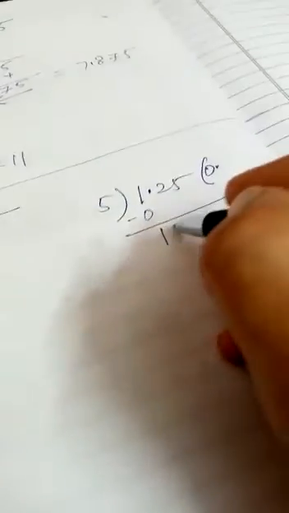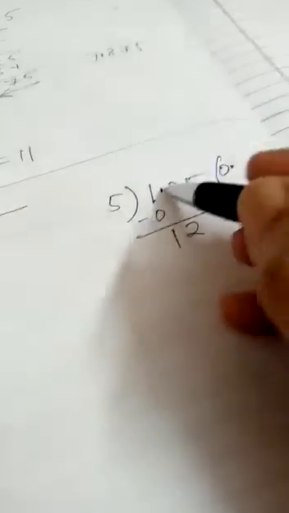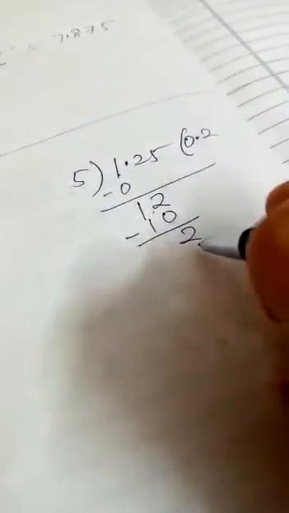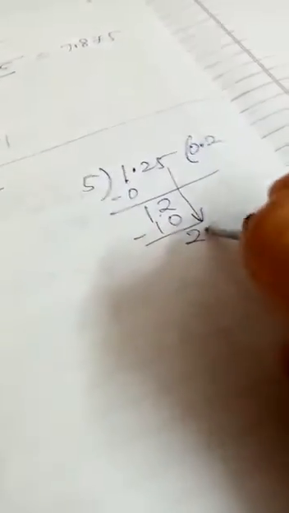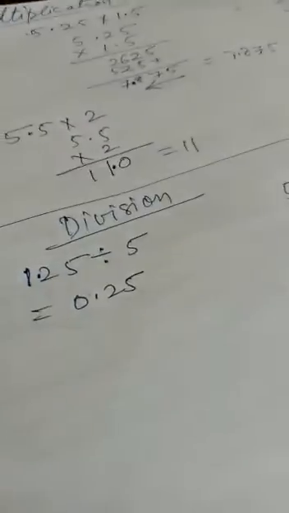Okay, now first digit is 1, so we'll take 0, because 5 zeros are 0, it will go by 0 only. So when I'm subtracting, we are getting 1. There is a decimal, put the decimal here, bring down 2. Now 5 2s are 10. So after subtraction we are getting 2. So now bring down 5 here. So this is 25. So 5 5s are 25. So what is the answer here? The answer will be 0.25. It's easy.